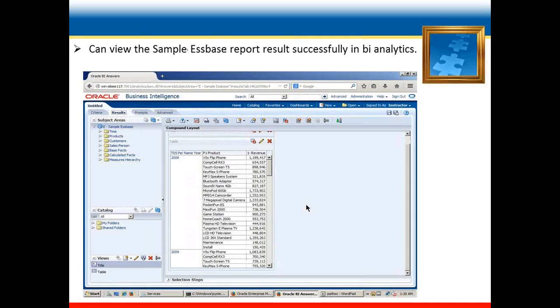Then we can view the sample Essbase report results successfully in BI Analytics. So we can check the report results in BI Analytics, as we have imported our metadata and created Essbase connection pools in the RPD file at the physical layer. So we can check here whether the report comes out successfully or not, in Business Intelligence Analytics.